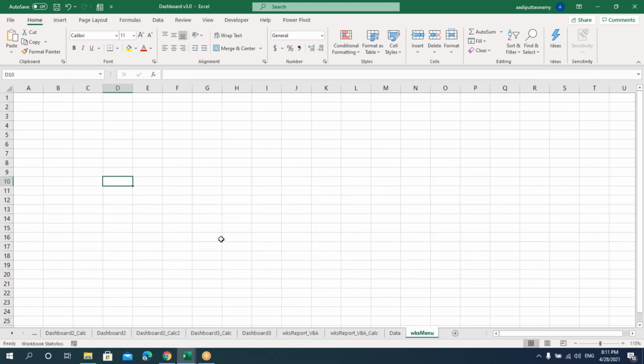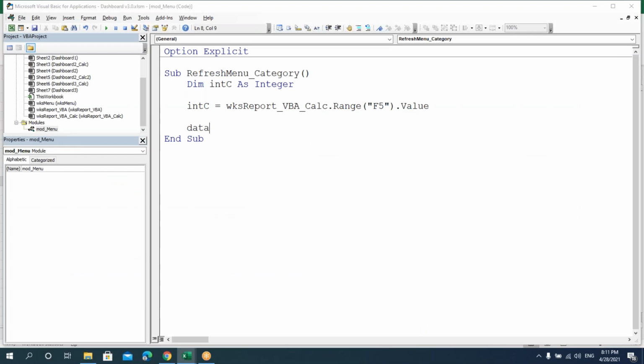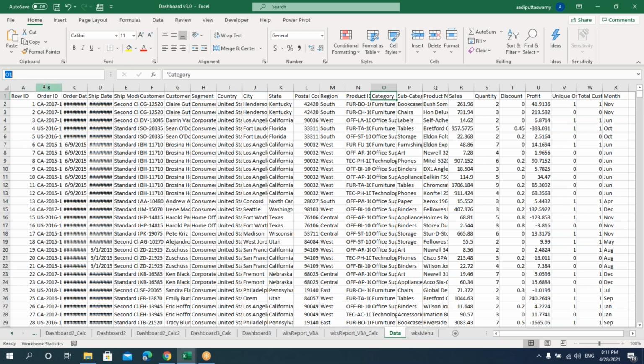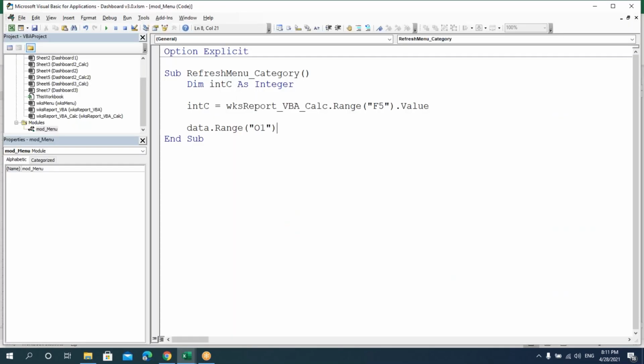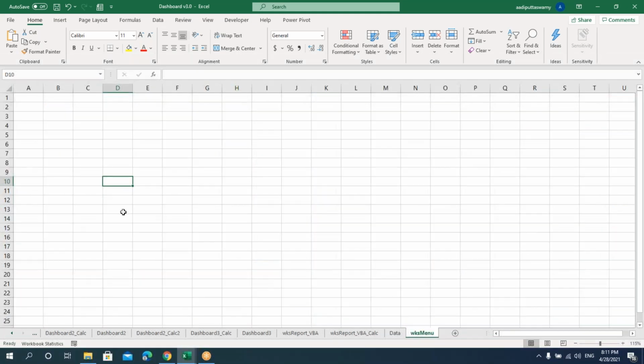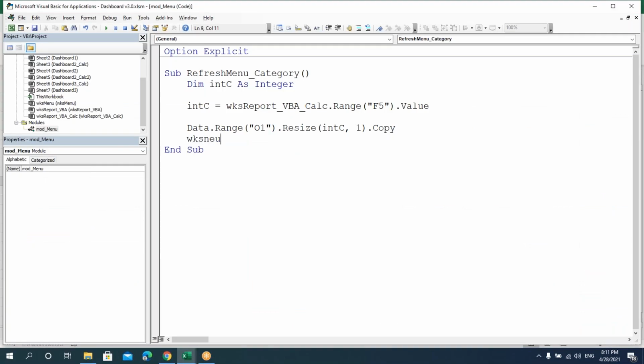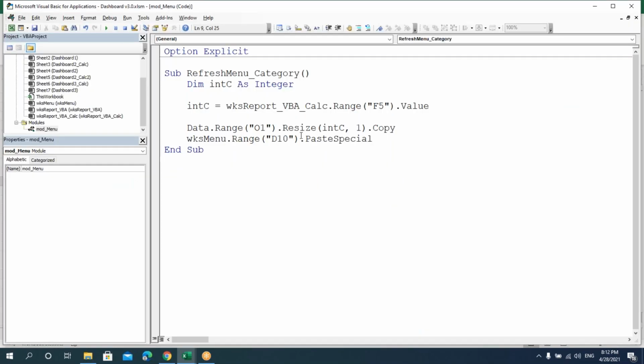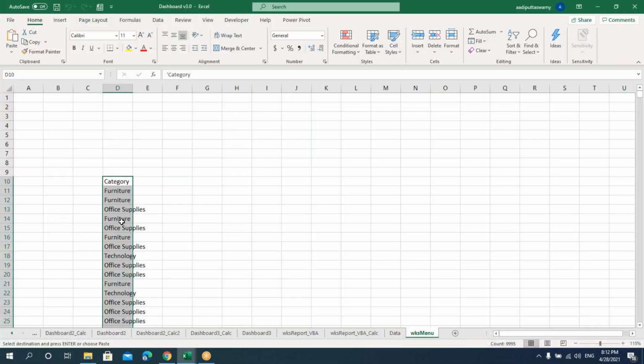Say data dot range of, we'll copy from this cell, that is O1, dot resize intc comma 1 dot copy. Now let me paste it in this menu sheet, that is D10, range of D10 dot paste special. Now if you see, the data will get copied and pasted here.